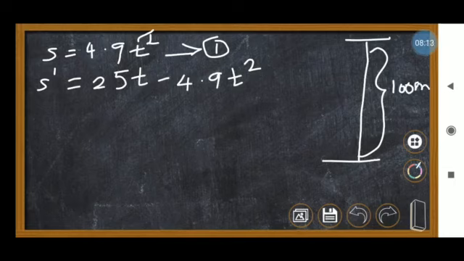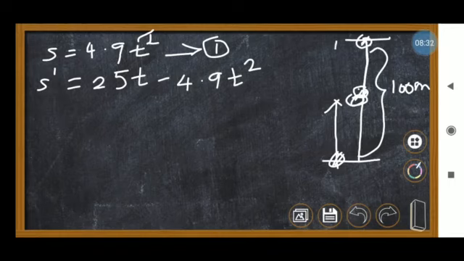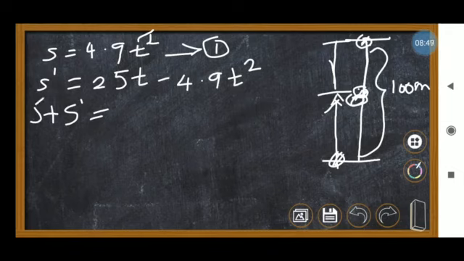When the stone is dropping, it comes in this direction, and the stone you are throwing upwards goes this way and meets the first stone at a point here. At this point, how much time does it take and what is the distance? This stone covers this much, and that stone covers this much, which means you gain the total height here. So s plus s dash: if we add the first distance and the second distance, this is the s, this is the s dash, what value do we get?